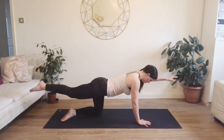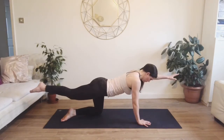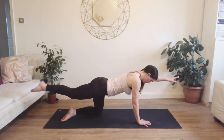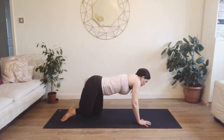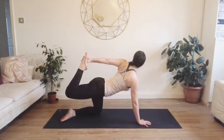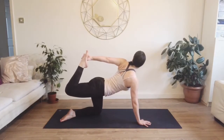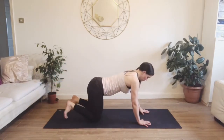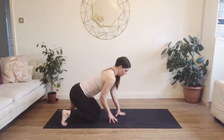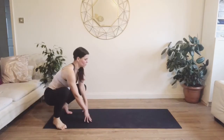Right leg, left arm. Navel in towards your spine, glutes engaged, back of the neck is long. Finding that calm, still posture. Then bending your right leg, catch hold of it with your left hand, peel that left shoulder open and back and look over the shoulder, see if you can see your foot and keep kicking that up. Maintain your balance by recruiting the muscles in your core, so your glutes, inner and outer thighs, abs and lower back. Release, come back onto all fours, hook your toes under and walk your hands back, open the knees and